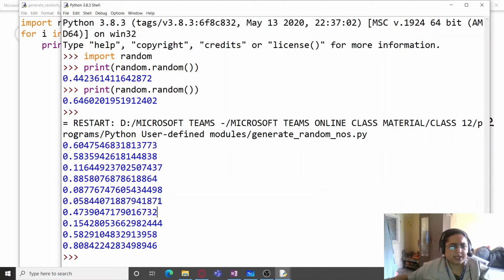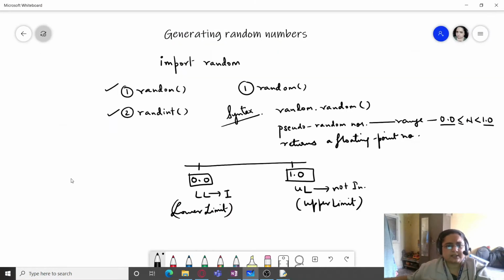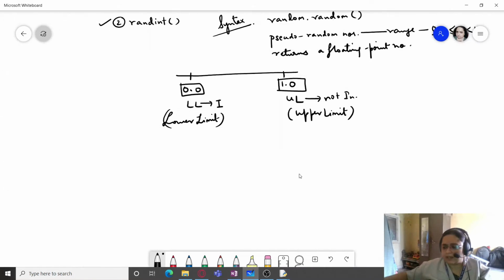If you want, you can convert these into integers, you can round off these values up to some places after the decimal, or you can simply use these values in your program. We will see the application a little later, but right now we are only going to see what the function does. So this is the random function which generates random numbers. Now we will use the same random function to generate numbers in a range.